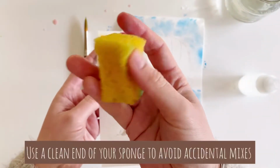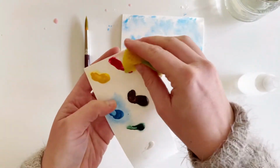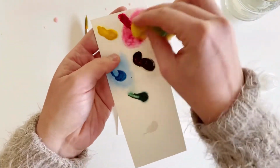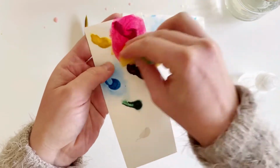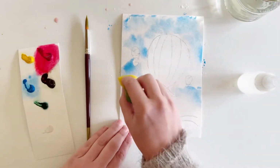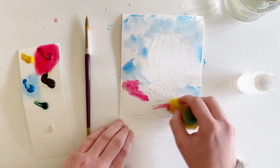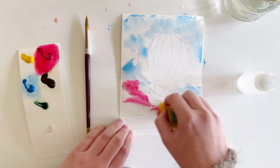So right now I'm not bothering to clean off my sponge too much. I'm just switching it around to use a different end so that I can use a clean part for the pink color. Otherwise I'm going to mix purple, which is great if that is what you want right now, but if you just want to add normal pink onto the paper, make sure to use a clean part of your